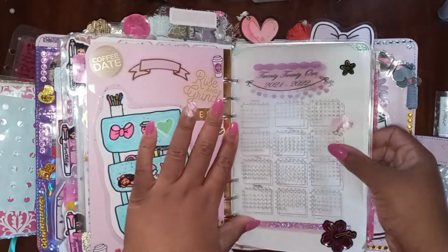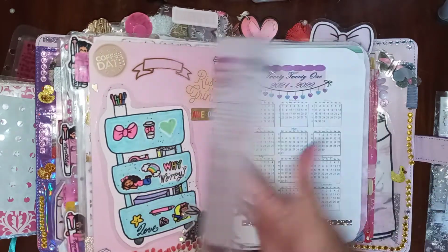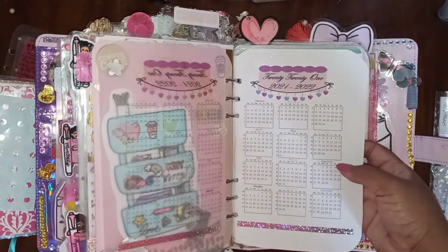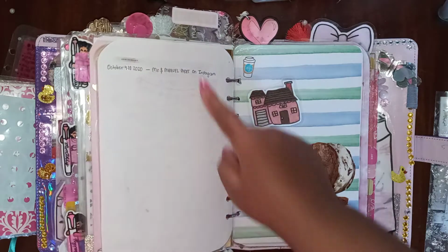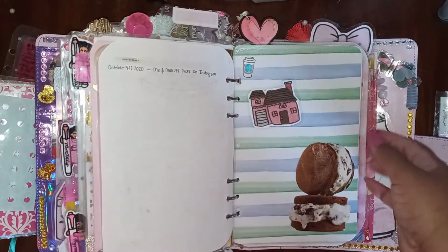But here we go. We got the 2021 to 22 year. I put it on vellum. Don't ask me why. I just decided to do that. And then I also have, I made this. I don't know why I did, but I don't really use a year at a glance ever. But I guess I decided I wanted to put this information here? I don't know. Anyway,